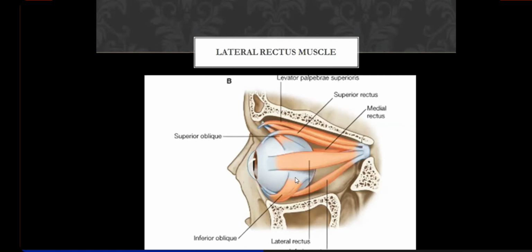Outwards movement. And it will also pull the eye above. This oblique course, right, so the gaze will be upwards and outwards, okay, as well as extortion. That I'll tell you again with the help of another diagram.